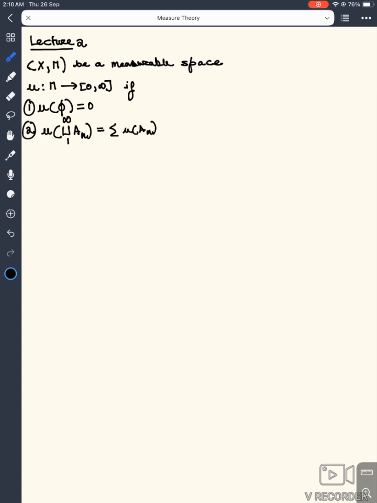Also there is a slightly weaker condition: if it is not a measure, if it's not countably additive, but it's finitely additive, that is, mu of the finite disjoint union from 1 to k of A_n is the summation from 1 to k of mu of A_n. So clearly every countably additive function, so every measure, is finitely additive, but not the other way around. We will give an example